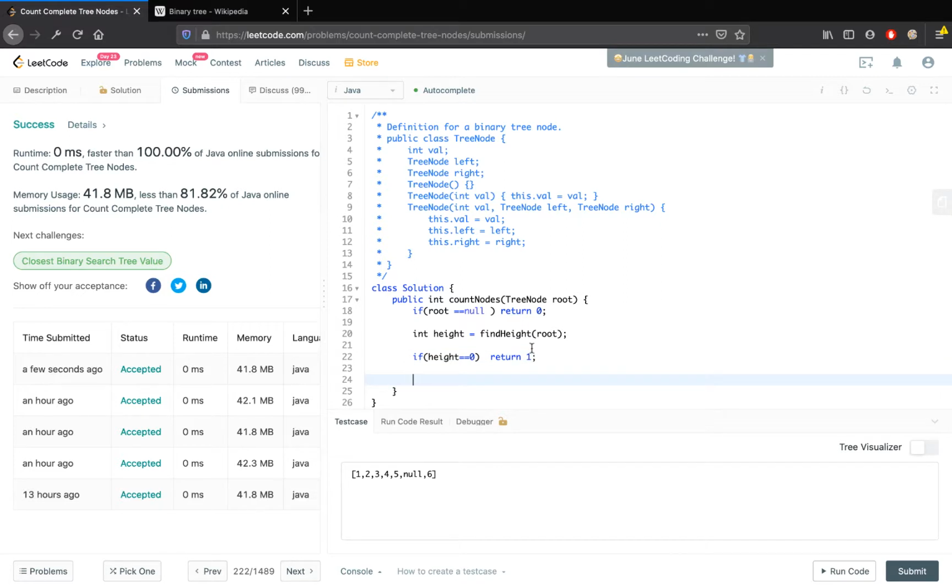Now what we need to do? We need to find how many nodes are left in the last level. We know how many complete nodes there are except the last level. So for that, we will use binary search. We'll start with left as index 1, and the right would be math.pow of 2 comma height minus 1. Let's change it to int. Now while left is less than or equal to right,